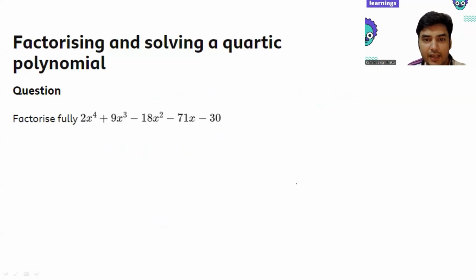Now factorizing and solving a quadratic polynomial. I hope you guys can do this, right? So yeah, this is what we have done till remainder theorem. After this,